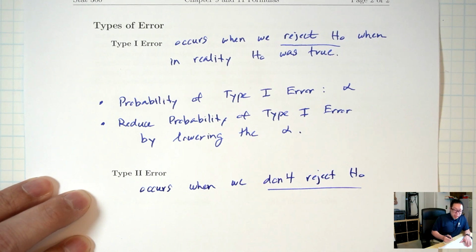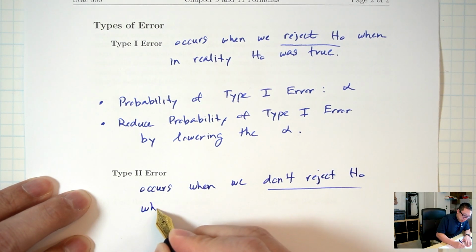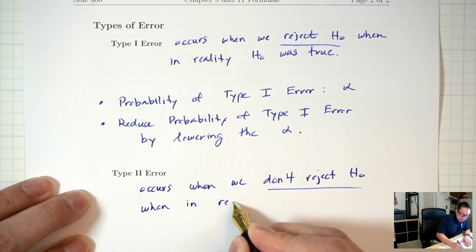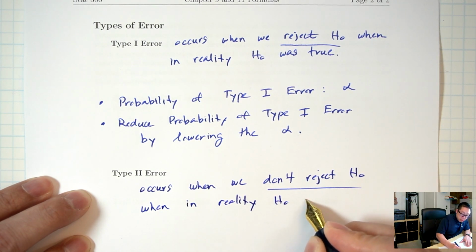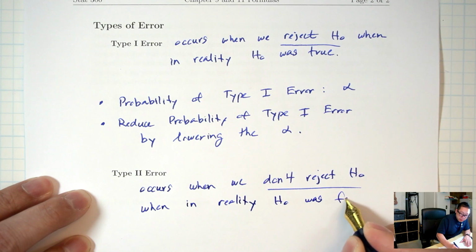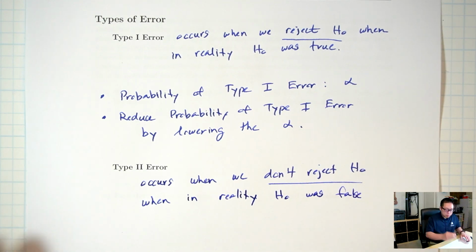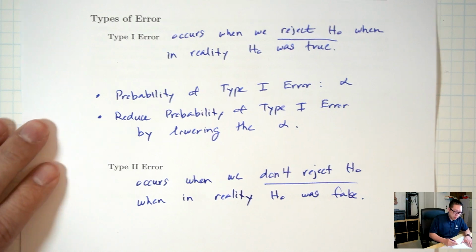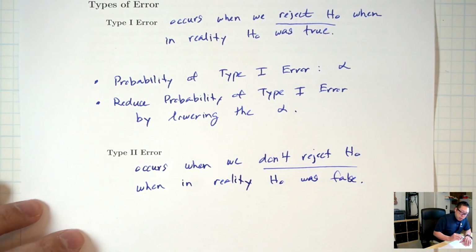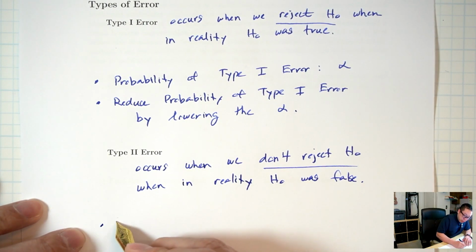So when we don't reject H0, when in reality H0 was false. So H0 is false, but the data is telling us to do the wrong thing. It's telling us to not reject H0, even though it's false. Okay. Now, the probability of a type 2 error